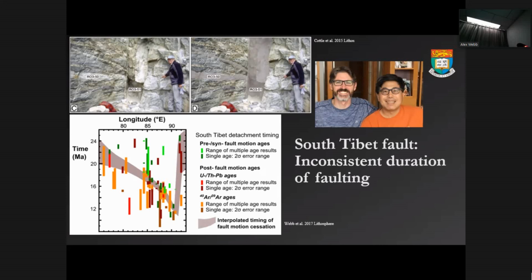And it was a problem that my supervisor told me about in my Ph.D. I went and I asked him, because I was working on this fault, why is it active at different times in different places? Because the specifics of the timing is a little weird. It appears that the fault gets going around 26 Ma. Something like the Leucogranite legacy, the fault seems to start motion.